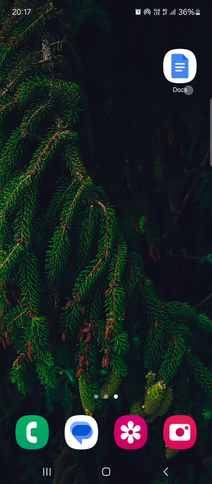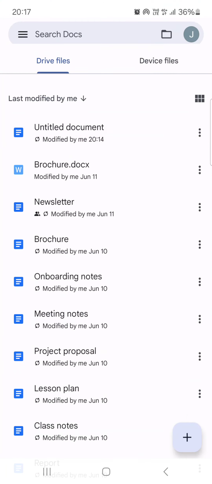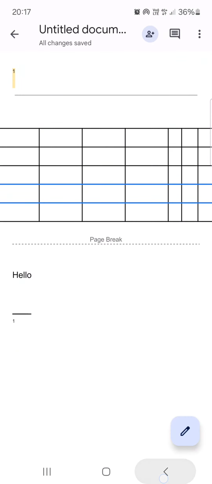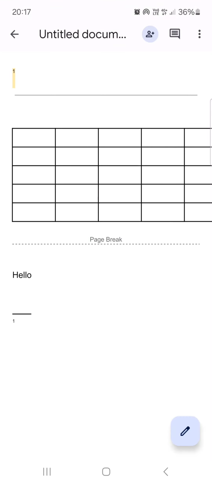First we have to open up the Google Docs app. Here it opens up in Drive files. From here we just have to go into a document that we want to edit. And then we have to tap on the pencil icon in the bottom right corner,